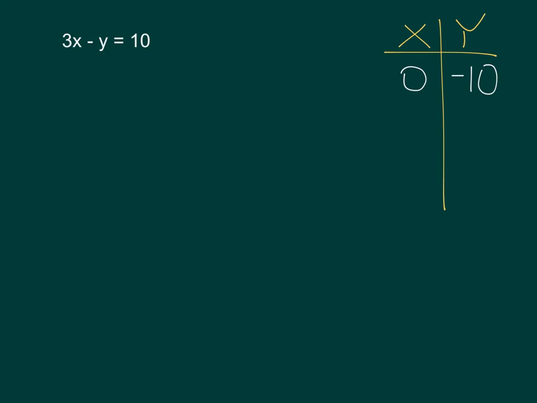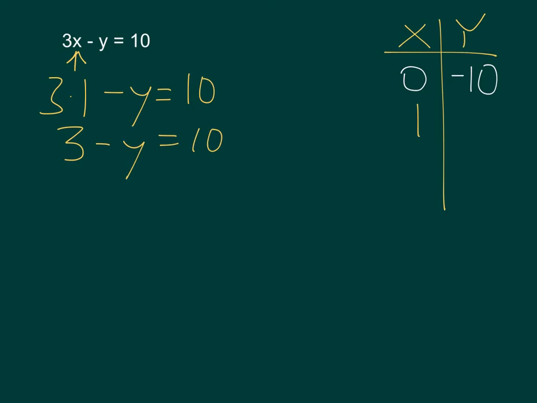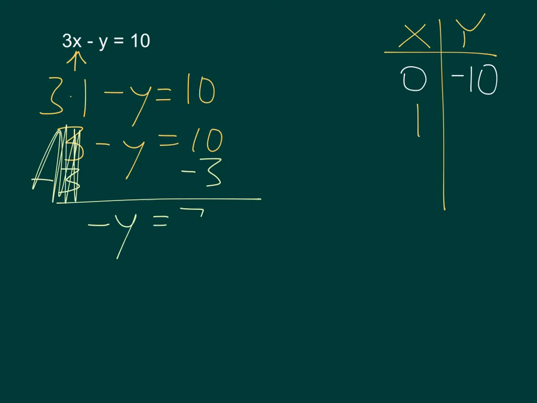The next number I'm going to try is the number 1. So I'm going to plug in a 1 for x. 3 times 1 minus y equals 10. Well, 3 times 1 is just 3. So how do I get rid of that 3? I have to subtract it from both sides. Those cancel each other out, and I'm left with negative y equals 7. And if I flip this sign, I have to flip the invisible